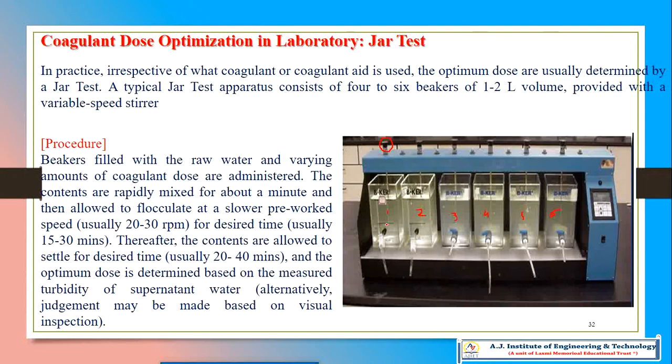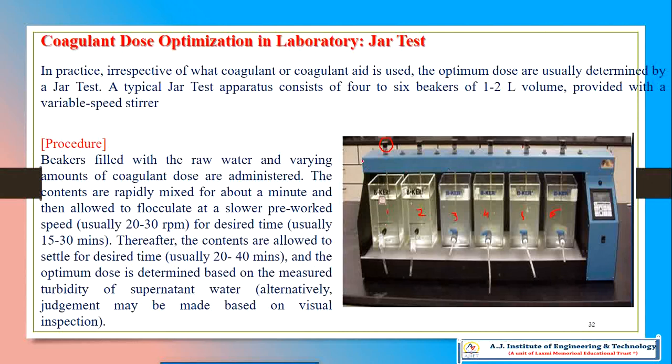so that whatever coagulant you are adding to the water has to be distributed over the overall area, all the molecules of the water. So it has to be reached wherever you are putting it. For example, you are putting 1 to 10 milligram of the alum dosage. That dosage should be entirely mixed in the beaker, so we give the proper stirring, which will be based upon some particular RPM.